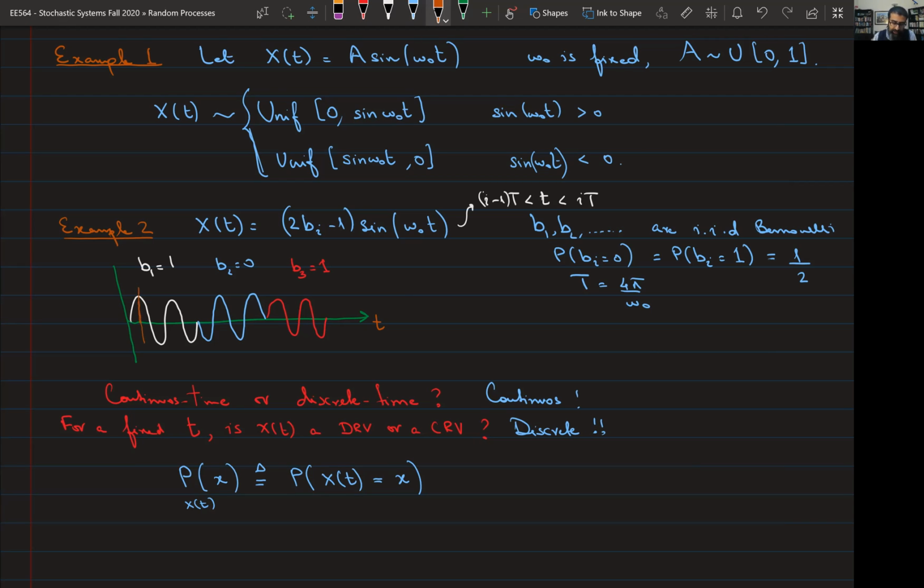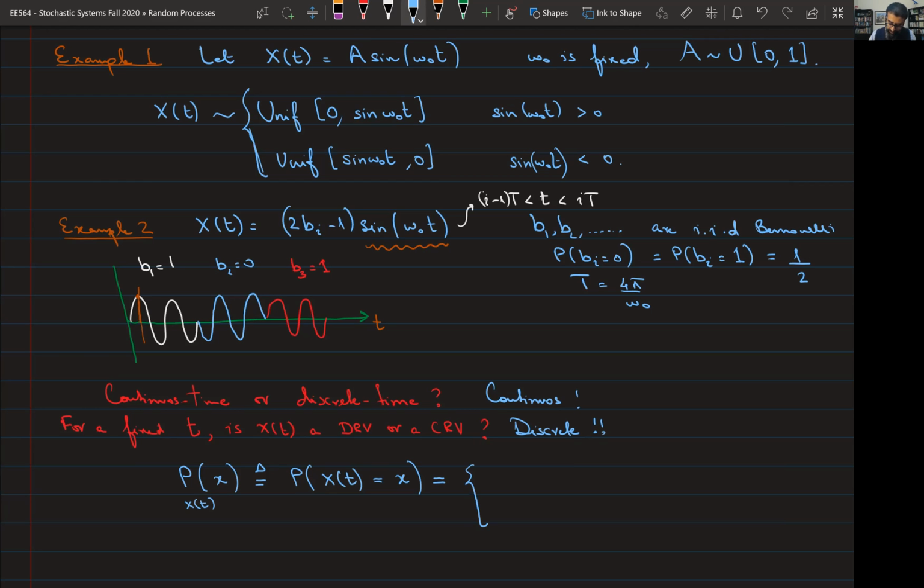I know that the random process could either take on this value here, or it could have been flipped, right? So it would have been a negative version of whatever this is. But the maximum value, the plus-minus value that you can take, depends on what time it is, because there's a sin omega naught t term there. So that depends on what sin omega naught t is, okay? So I can conclude, therefore, that this is equal to